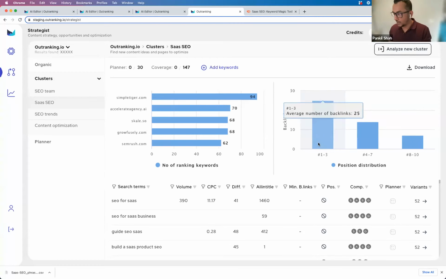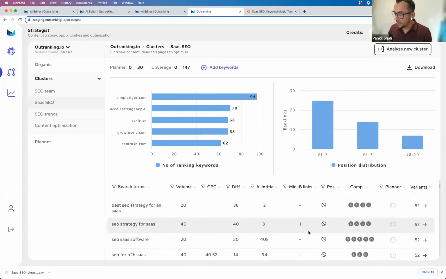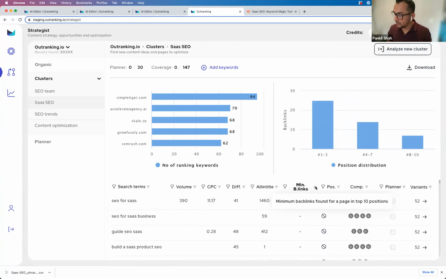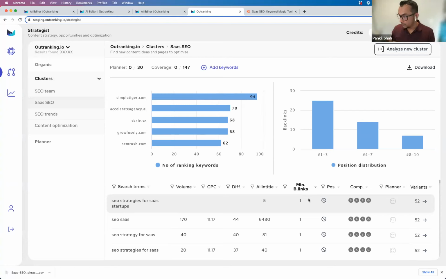So the second thing you want to figure out is whether there's scope for you to rank based on backlinks. And what I can see is that most of these pages have little to no backlinks, right? In the top 5 pages, we found that the minimum number of backlinks any page had was 1. Guess what? That's going to be the one that we easily replace. Based on that, you can take the next part of your judgment and see, okay, this is going to be relatively easier for me to rank for, and I can go for this.